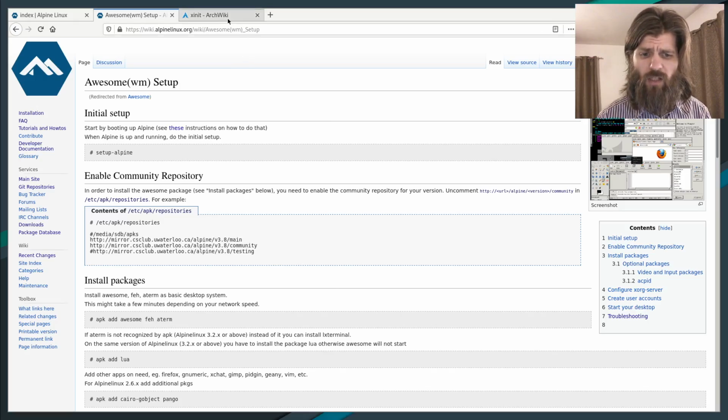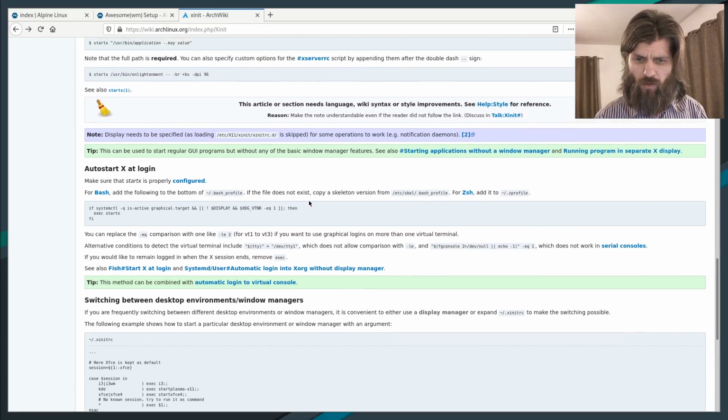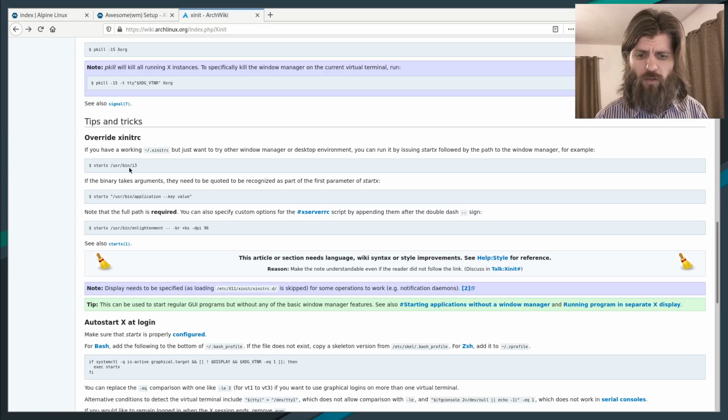I also did some reading up on the Arch wiki and found that even if I don't have my xinitrc, which is how graphical applications start with X11, or X, which is the graphical way of handling graphics in Linux and Unix-based systems,